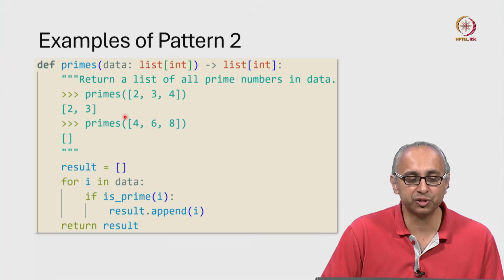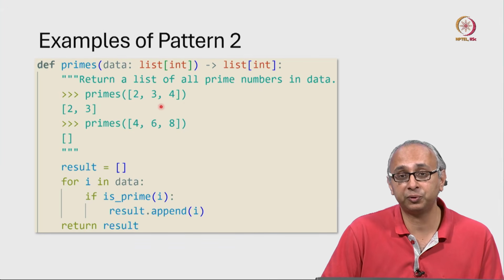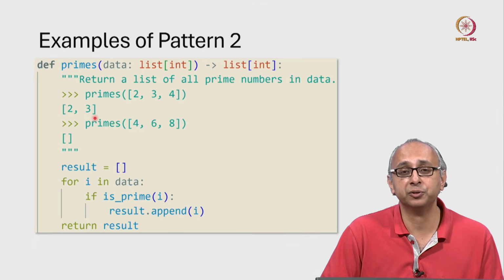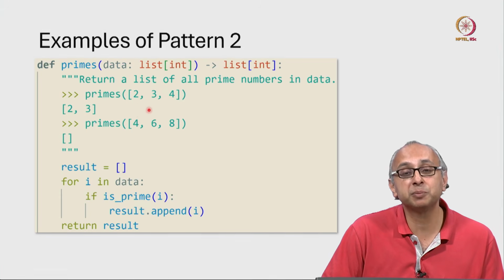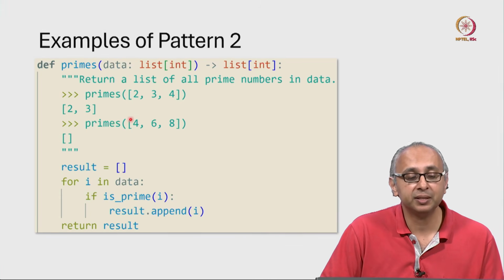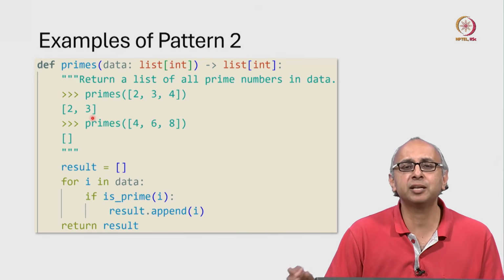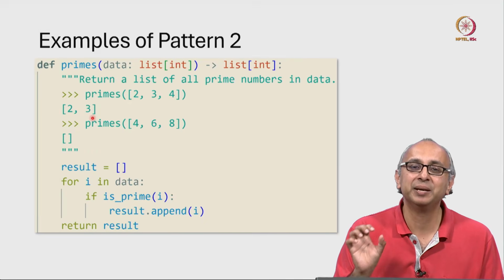If we are given the integers 2, 3 and 4, of these only 2 and 3 are prime, and so we only return those values. Notice that this example is pointing out that if 2 comes before 3 in the input, then we want 2 before 3 in the output. We're basically just filtering out the non-primes and only keeping the prime numbers.